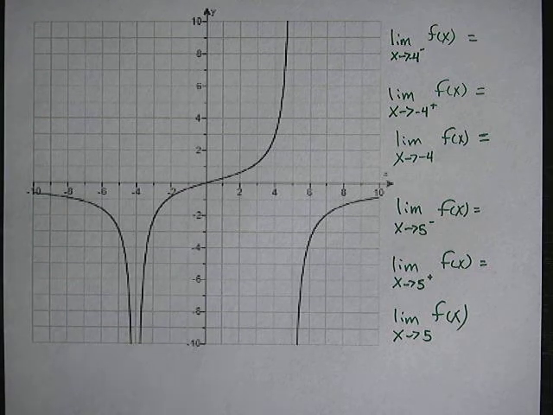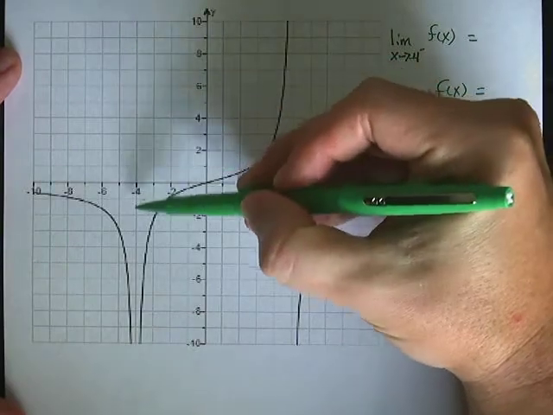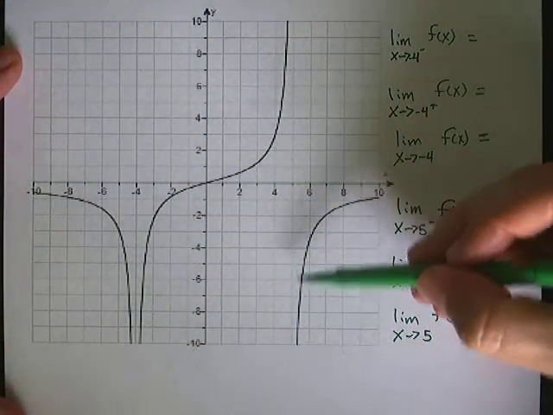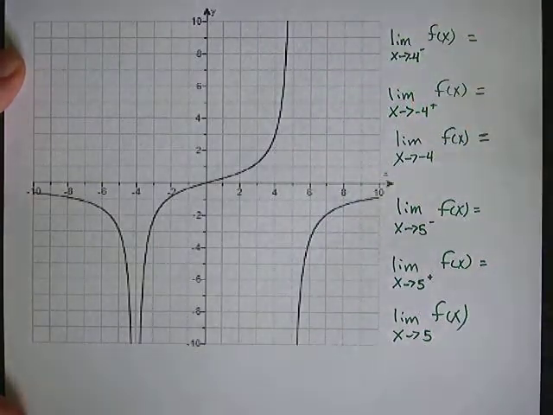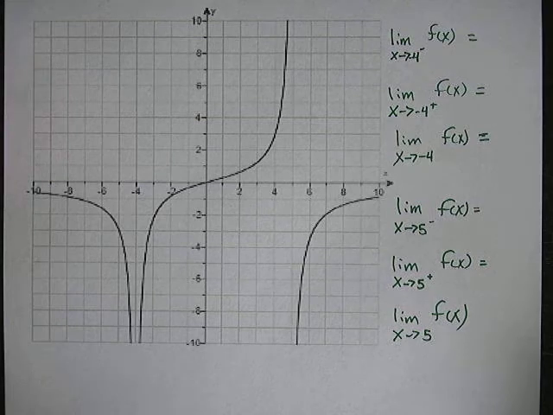All right, in this problem, we're given a graph and we're asked to find the limits. And it looks like we've got some asymptotes going on here, some discontinuities in the graph right here at -4, and it looks like there's another one here at 5. And unsurprisingly, that's where we're asked to find the limits. Okay, so